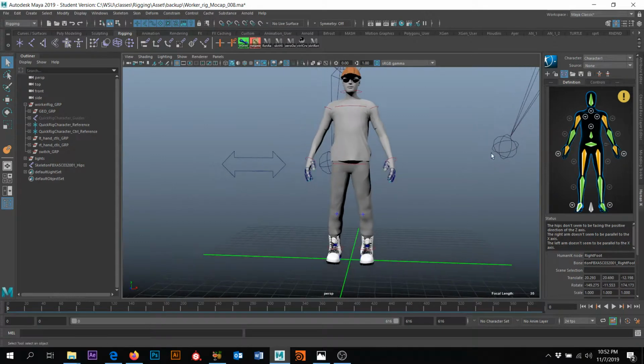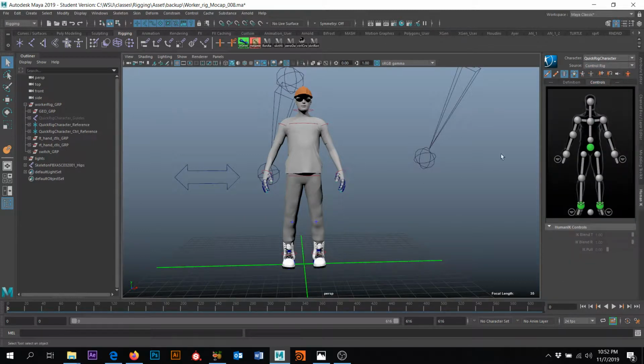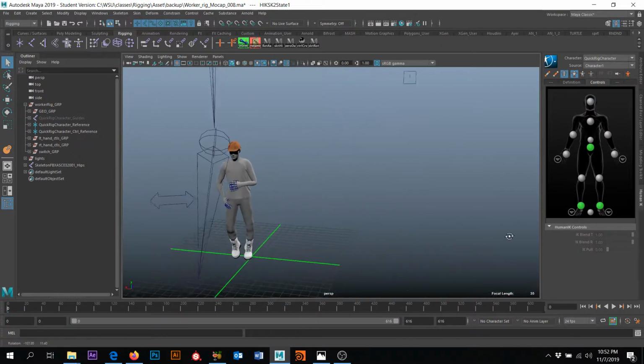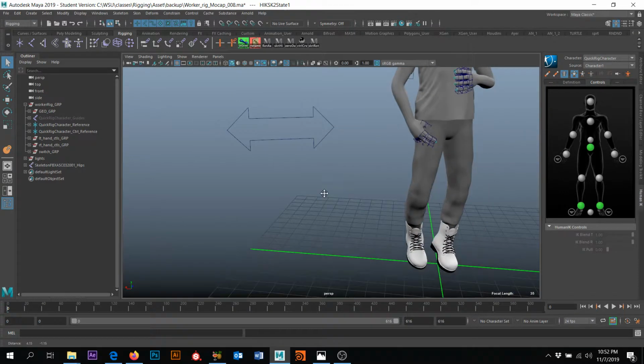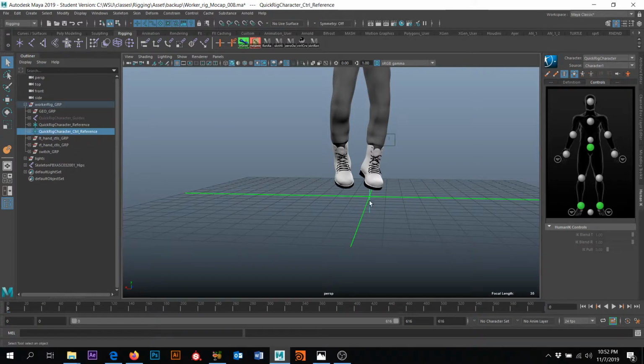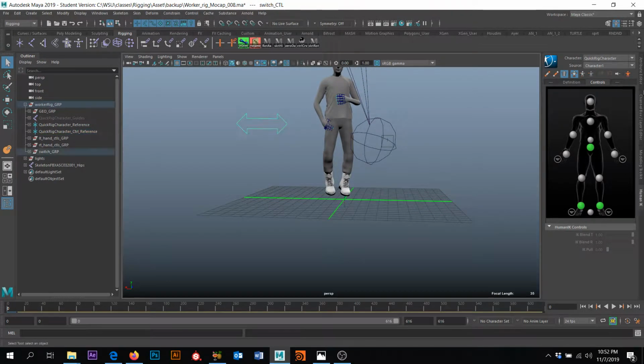Now for our guy. Okay, so we want to get out of the character 1. We want to go back to our guy. So I'm going to change that back to the quick character rig. And from here, in the quick character rig, I'm going to go to the source that is character 1. Okay, cool. Now he's off the ground a little bit, so I'm going to click on that. You can see,